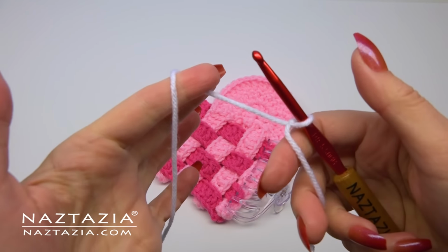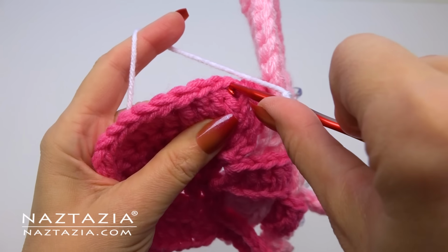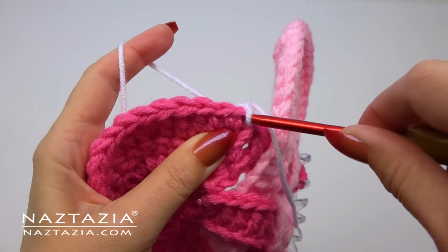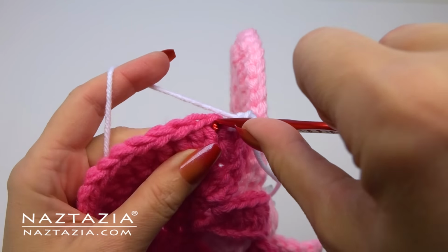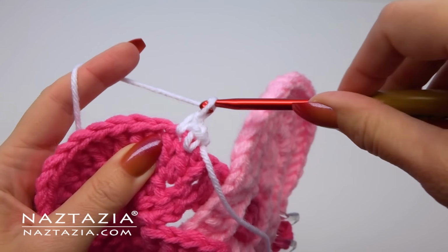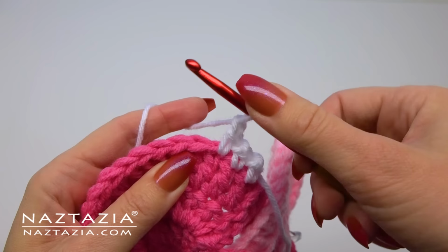Now, to connect everything together, I use a single strand of white yarn in this case, and place a slip knot on my hook. Then I find the center of the heart in between the two halves and make a single crochet stitch, followed by a chain 1. Then I continue making a single crochet stitch, followed by a chain 1, until right before